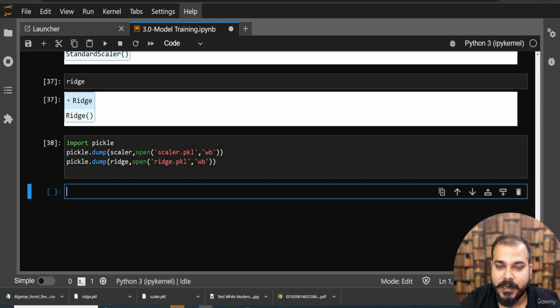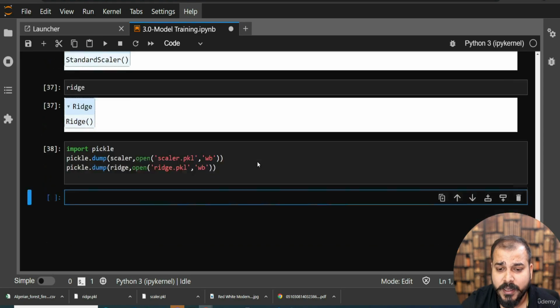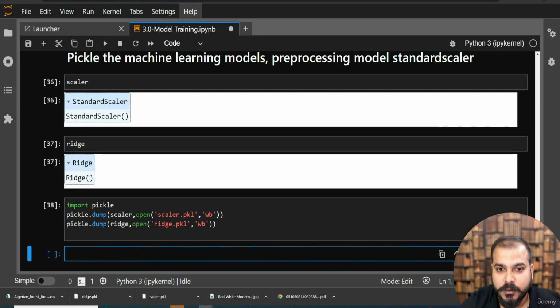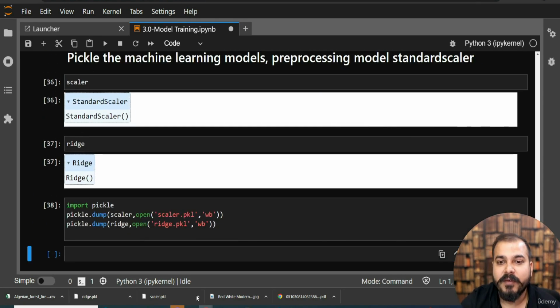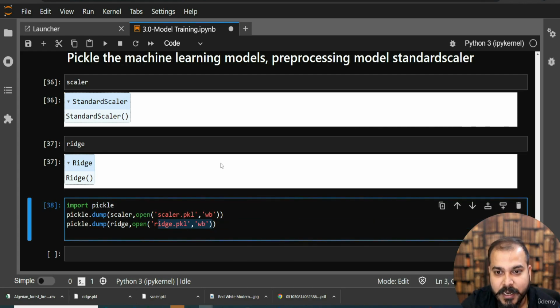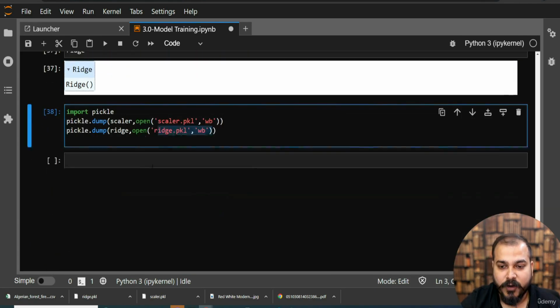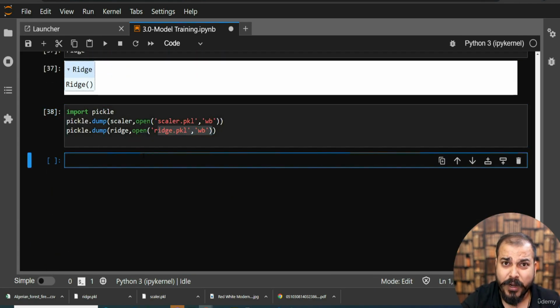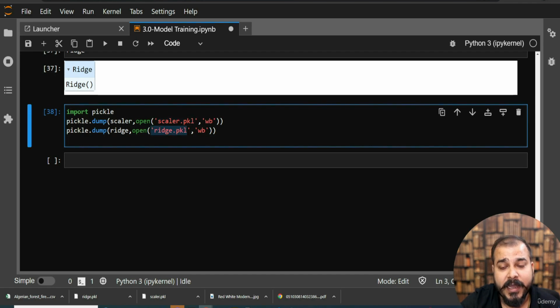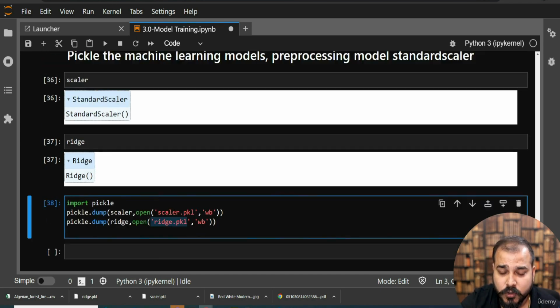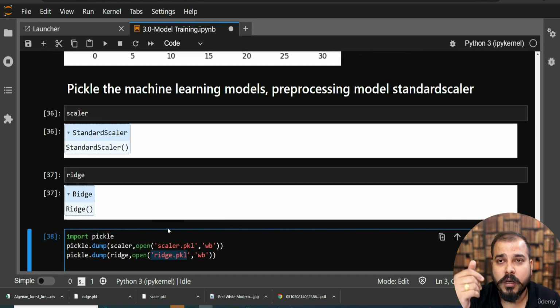Now see, in the next video we will implement the end-to-end project solution. Here we have done the EDA, we have done the model training, we have created a pickle file, and we know how to do the prediction. For doing the prediction, I can load scalar.pickle and ridge.pickle. For doing the standard scaling, I can use this, and for predicting, I can use this particular model. So in the end-to-end project, we'll focus on implementing this from this particular file. We'll take an input, we'll get the output, and then we'll see how we can deploy that